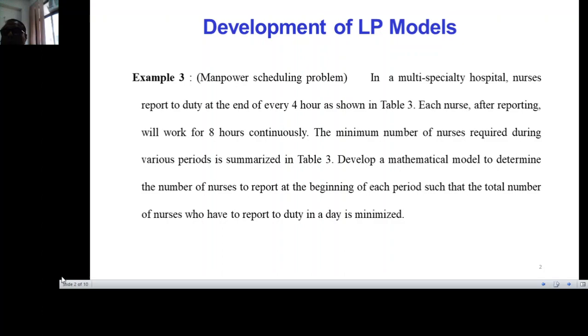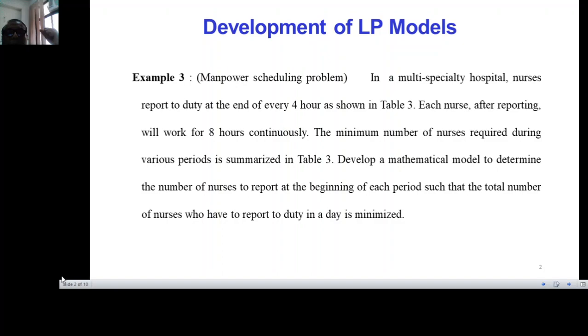where nurses report to duty at the end of every 4 hours. This is shown in the next table. Every nurse after reporting works for 8 hours continuously. The minimum requirement of nurses during various periods of time is also shown in the table. So, we have to develop a mathematical model